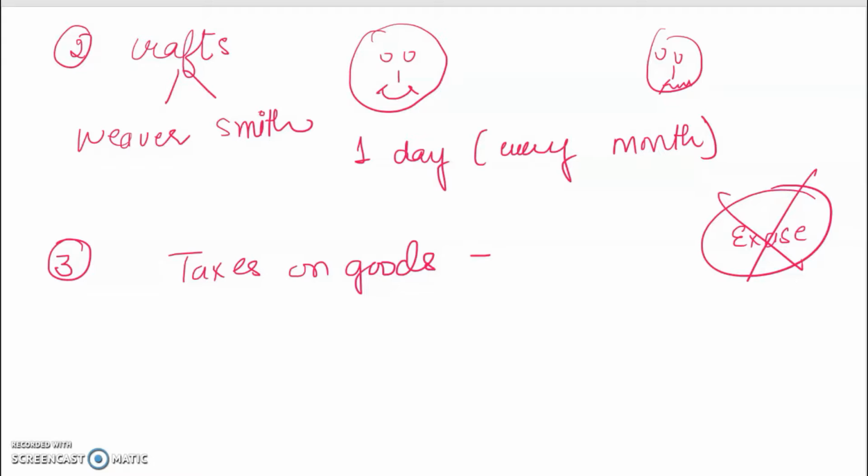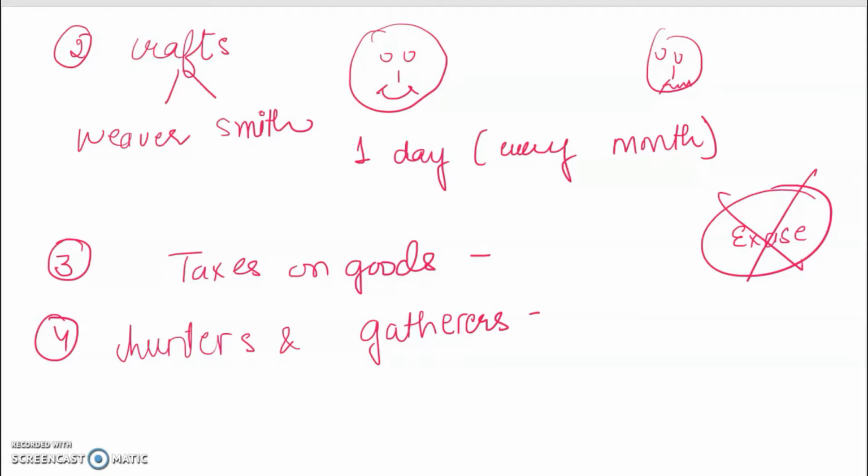And the fourth and the most important one were the hunters. Yes, they didn't even leave the people living in the forest. They said hunters and gatherers. And they said, yes, Raja Sahab. He said, hunters and gatherers, you are very kind people. Whenever you go to the forest, you play with the wild animals. Please don't forget there is a king living here. So I would like to have some sort of gifts from you. And the hunters and gatherers were like, what could we get from the forest to serve you, sir? He said, no, you have to provide me with some sort of forest produce. Right, guys? So we've covered more or less all kinds of people.